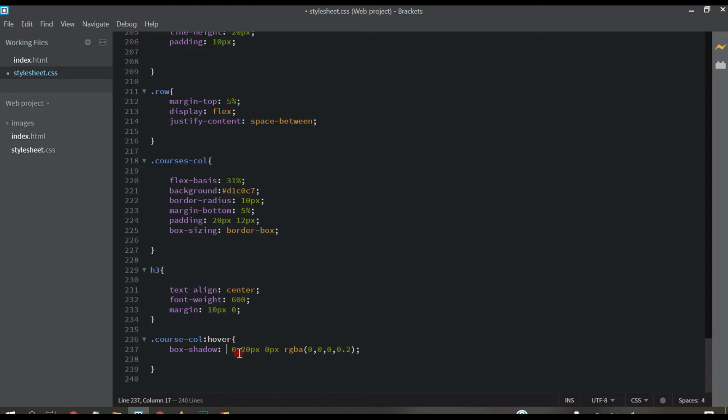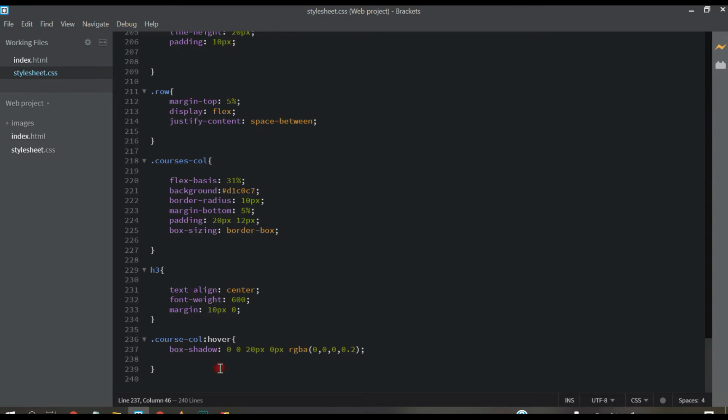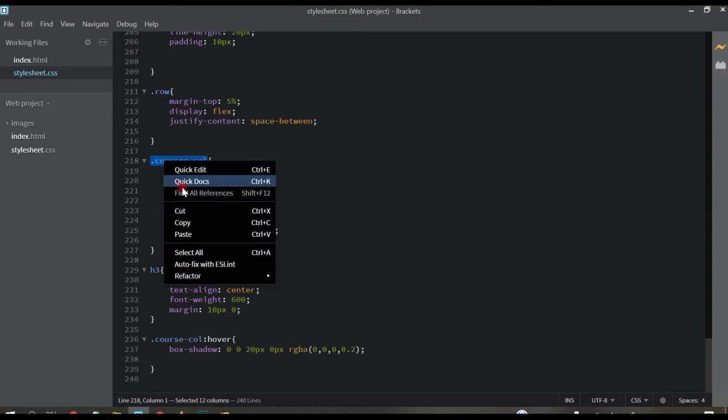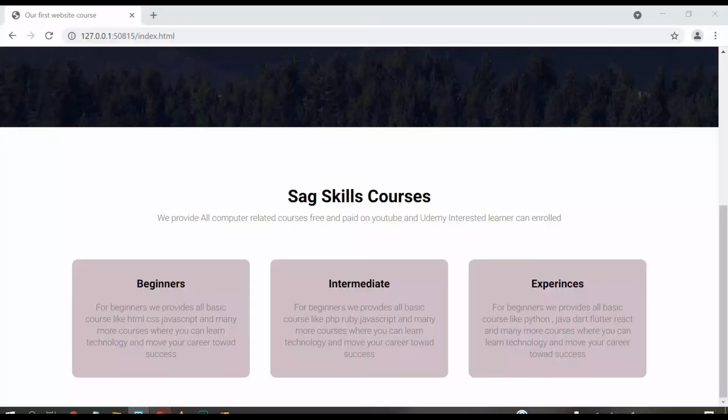Control S, let's see. Somewhere we have a mistake, I think here. Courses-col, copy it, paste it here. Control S.